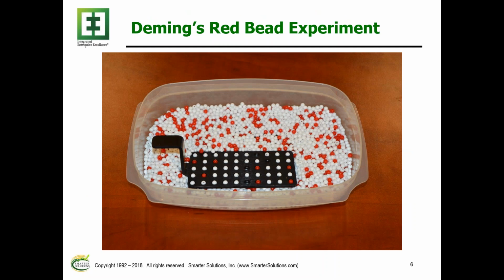Now, in the 80s, Dr. Edwards Deming had a red bead experiment which he conducted within many of his 4-day workshops. Now, the experiment was quite simple. It consisted basically of a container that contained red and white beads. Now, red beads were bad, white beads were good. And what he did was he called various people up to the front of the room, and they took on roles as operators and inspectors and managers and so on.